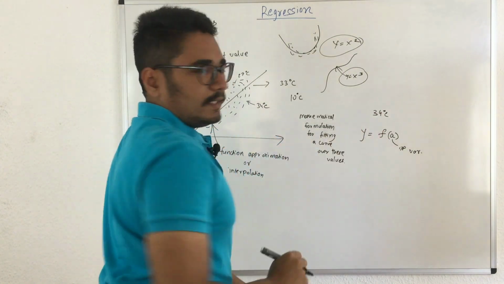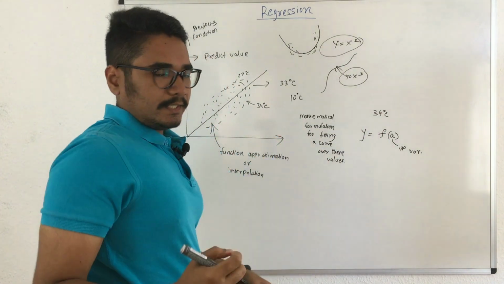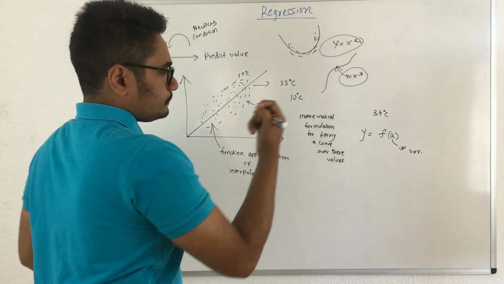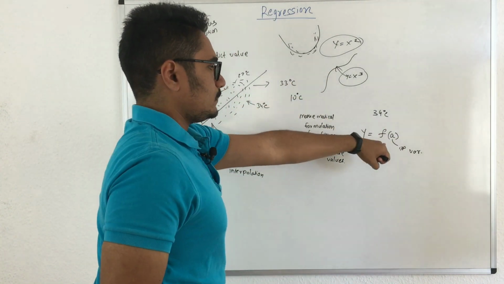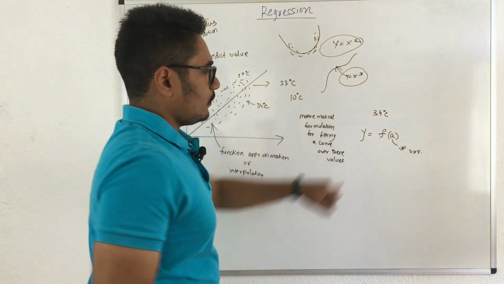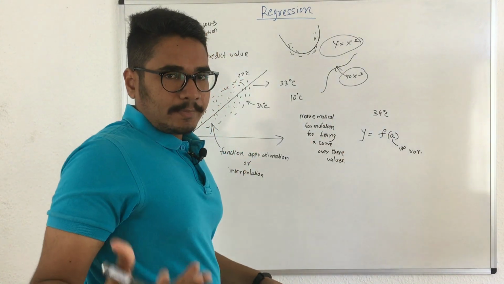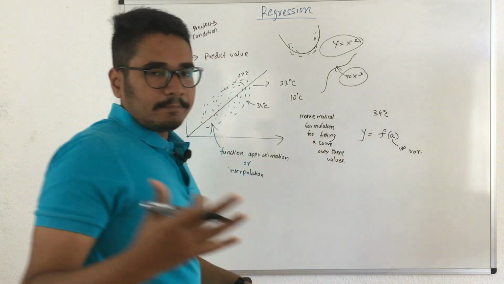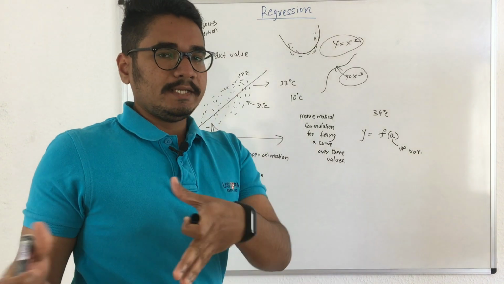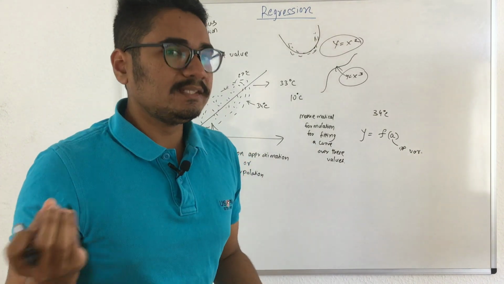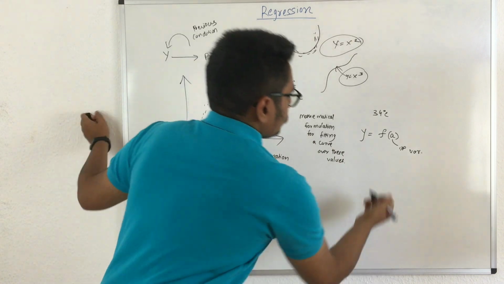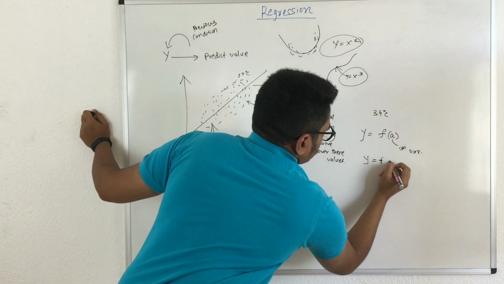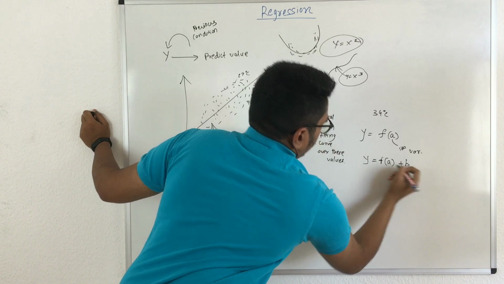So a is a dependent variable and y is our predictor variable or the target variable. Now say for example if I predicted with this function the temperature as 34 degrees Celsius, but then I checked my weather app and I saw the temperature was slightly different, like it was 32.7 degrees Celsius. So there is some error estimate there. So what my function would probably look like would be like this.